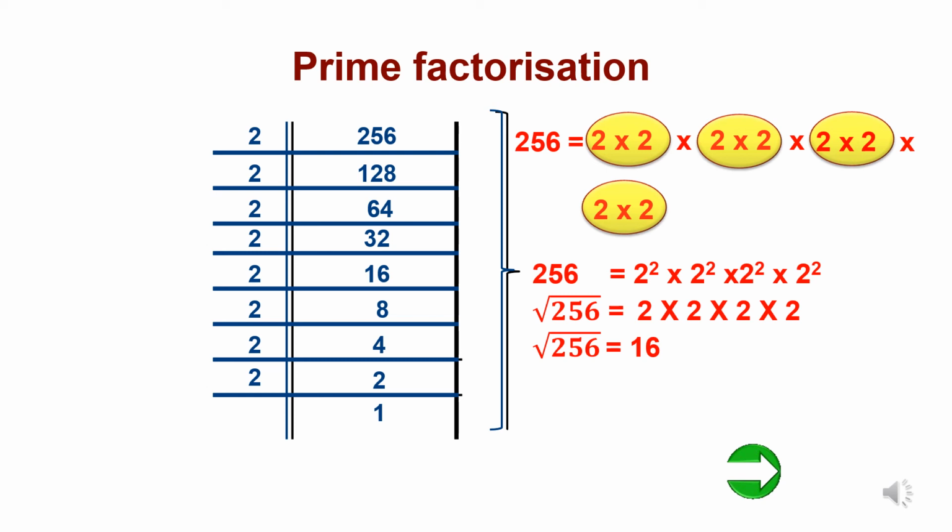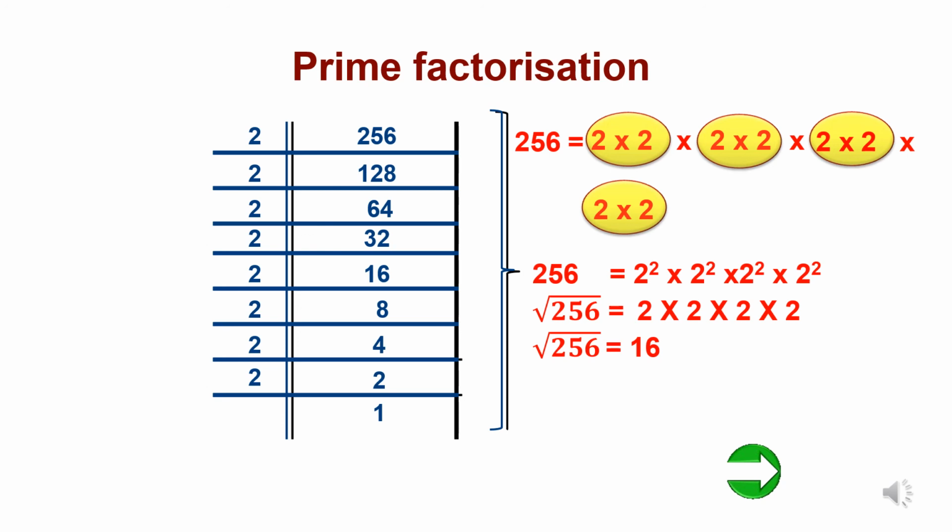Now further we are writing 256 is equal to, for the first group we have written 2 square, for the second group also 2 square, for the third, and for the fourth one. So 256 is equal to nothing but 2 square, 4 times. Now we are applying this method to find the square root of a number. So now the sign of square root, you can see square root of 256 is equal to. Now we need to find the square root on both sides, left hand side and right hand side. We have applied the square root sign on 256, that is the left hand side. Now the right hand side, where we have 2 square 4 times,